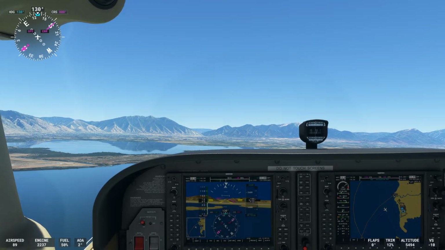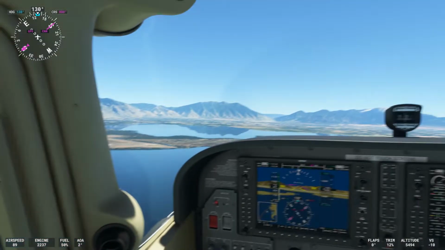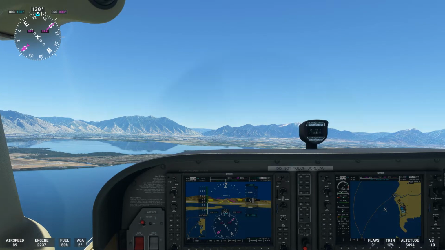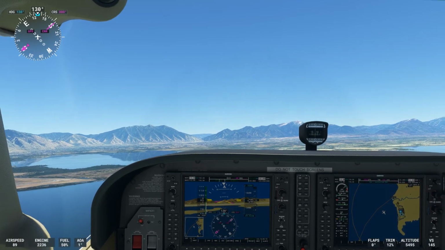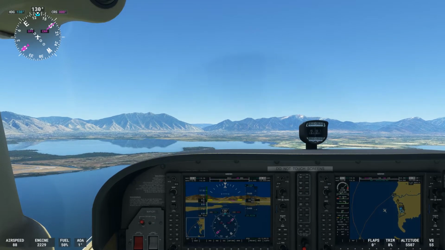And the last thing I want to show you is the view that we're going to have as we are looking to see when to turn from base to final, when to start our descent. We're going to be looking out this left window like so. So I think that's it. Let's go ahead and unpause it. Go ahead and kick off our autopilot, and we will fly right along here